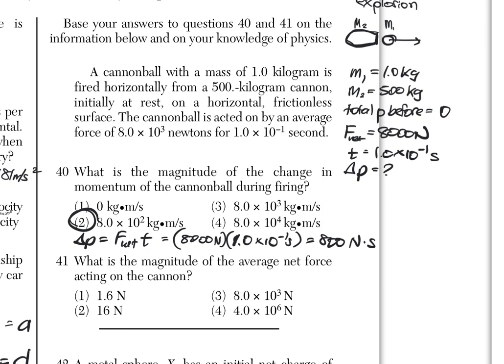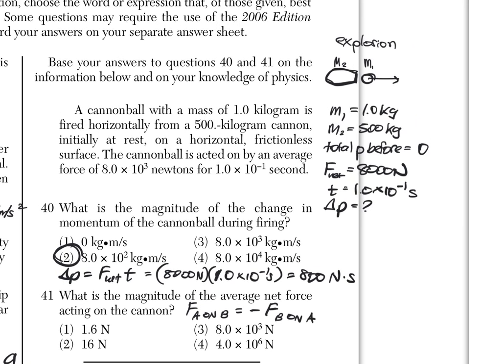And then 41, what is the net force acting on the cannon? It is equal to the force on the cannonball. The force of A on B is equal to negative the force of B on A. And this is why cannons are usually mounted on wheels, because the cannon rolls backwards after it fires the cannonball. Cannonball goes screaming across the field, but the cannon does roll backwards because if there's 8,000 newtons on the cannonball,